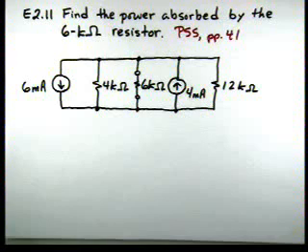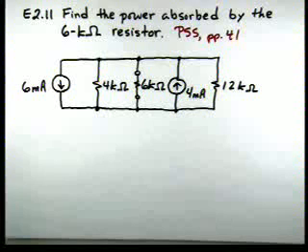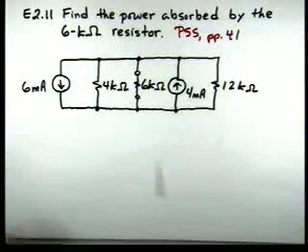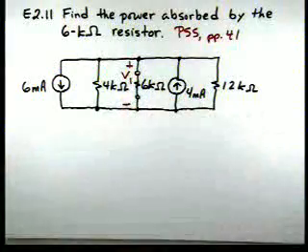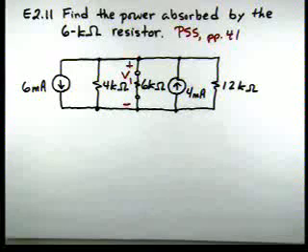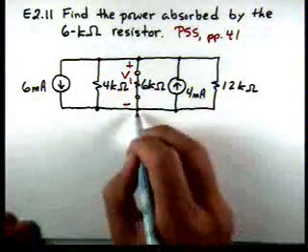Okay, here's the problem solving video for learning extension 2.11, which is a single node pair circuit, and we'll be utilizing the problem solving strategy on page 41 for single node pair circuits. Step 1 says to find a voltage between the two nodes in the circuit, and so we will pick a polarity, and I'm going to assign the polarity as such and define that as voltage V1, and I will assume that the top node is at a higher potential than the bottom node, and we'll call that bottom node the